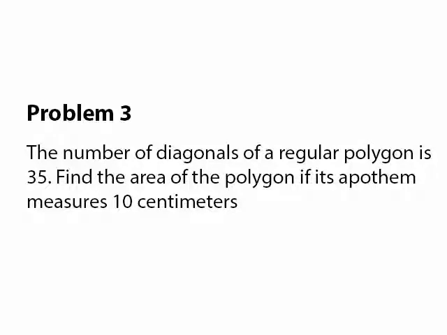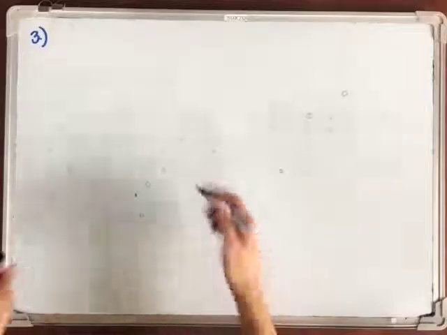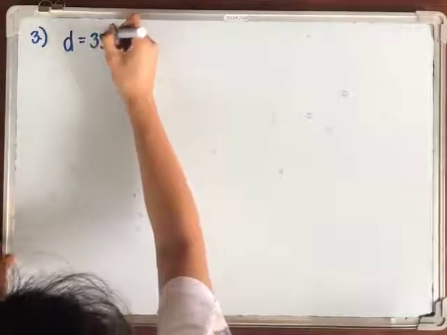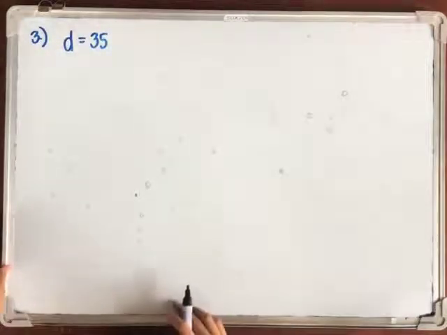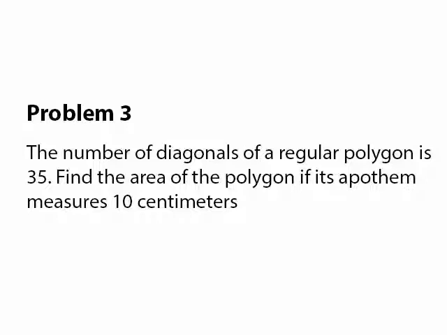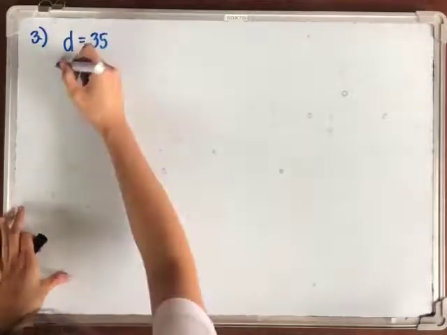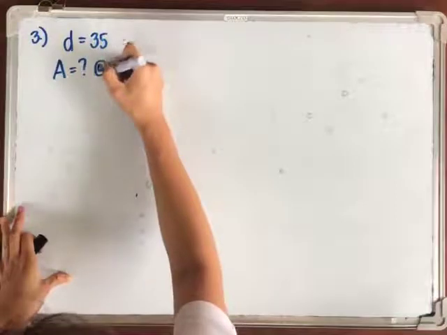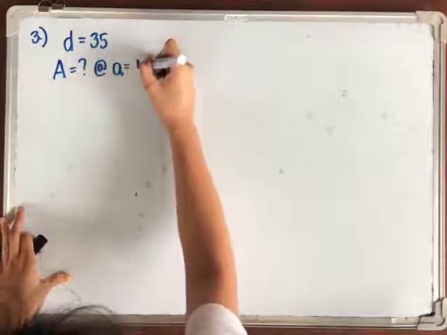Number 3, the number of diagonals of a regular polygon is 35. Okay, I'll put it here. D is equal to 35. And then, find the area of the polygon if its apothem measures 10 centimeters. So, we are looking for the area at an apothem value of 10